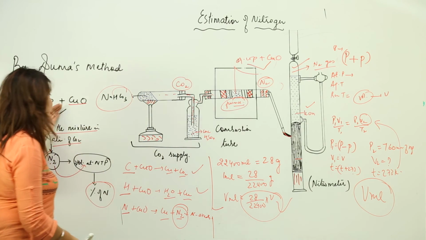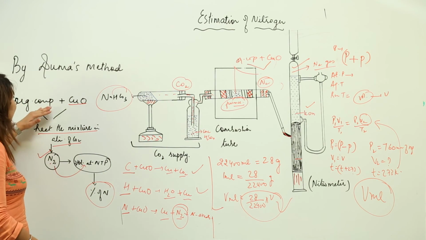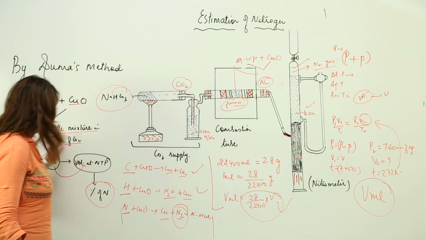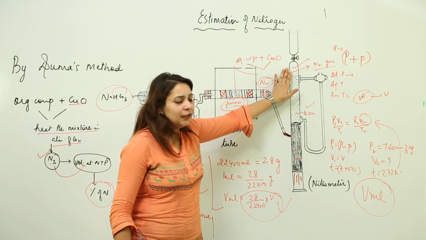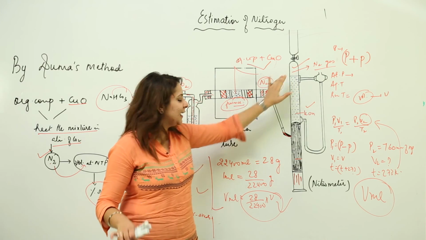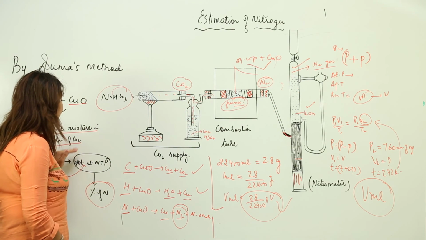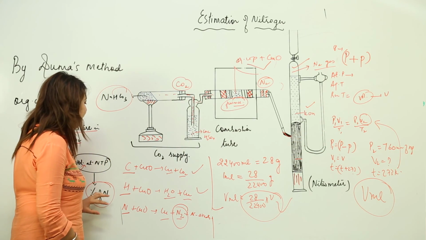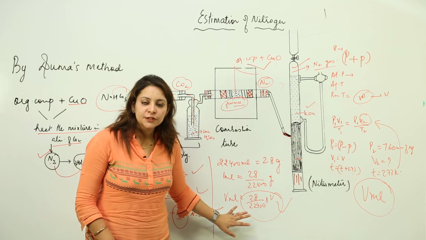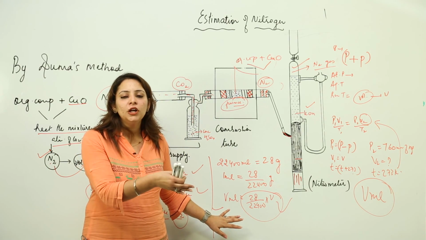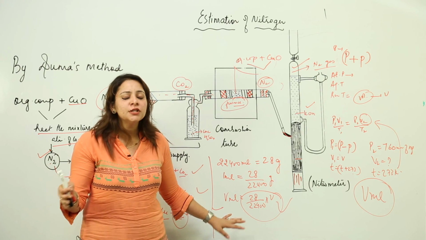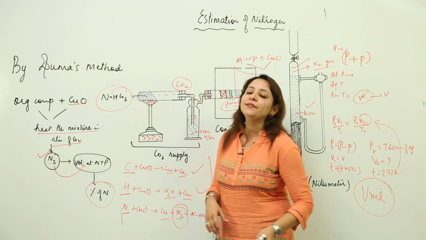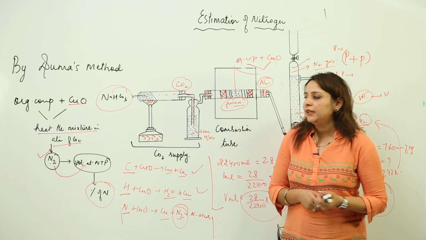So what is the principle behind it? The same thing which I told you at the start. The organic compound is heated with copper oxide in a furnace in the atmosphere of CO2 which you got from this side, and then we get free nitrogen collected over here, which has a pressure equal to P plus aqueous tension. Then we converted it into volume at NTP by using the ideal gas equation, and then we found the percentage of nitrogen by using the simple unitary method, because we know that 1 mole occupies 22.4 liters at STP conditions. So we can just shuffle them up and calculate by using the unitary method. This is how we can estimate nitrogen by using the Dumas method.